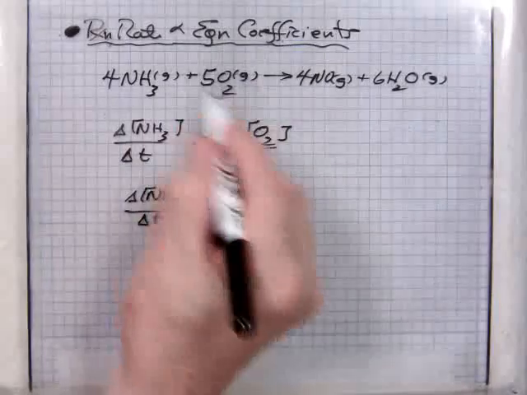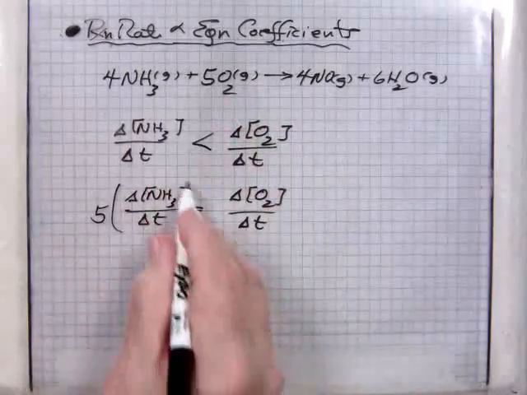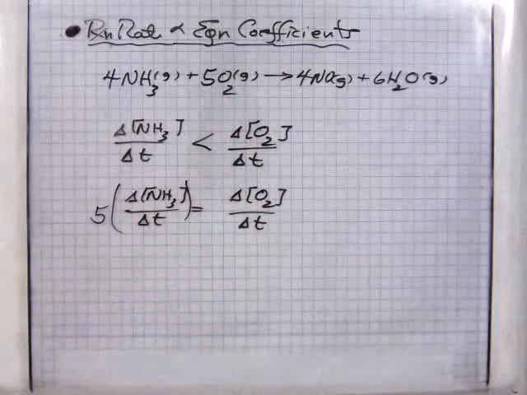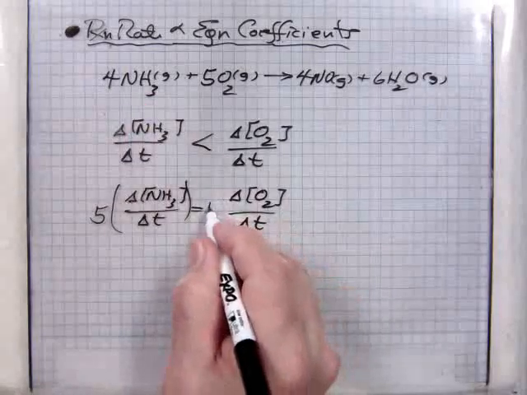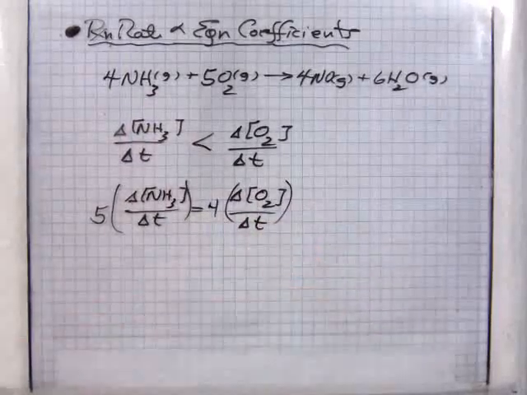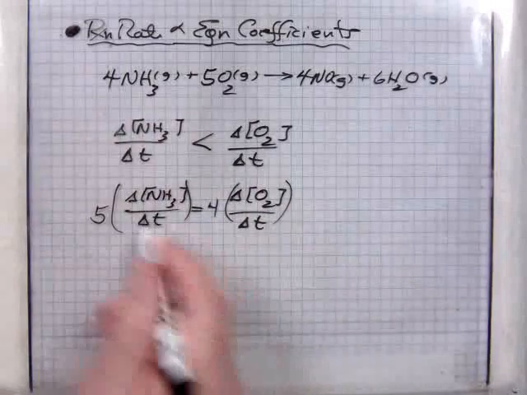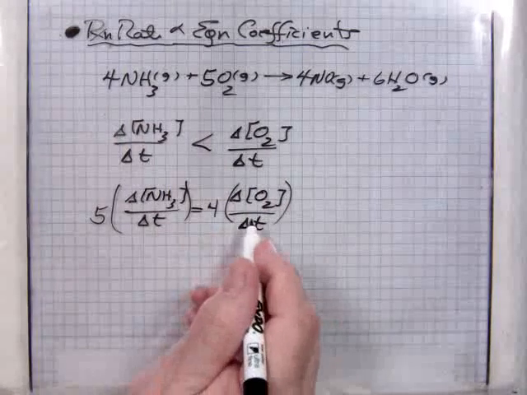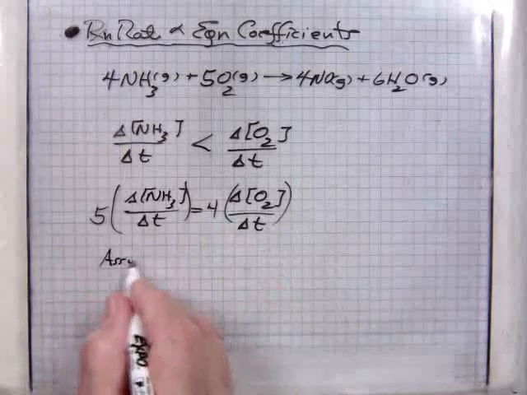Five, being associated with oxygen in the equation, needs to be put as a number coefficient to the rate of ammonia change. And the 4 needs to be made a coefficient to the oxygen change. Then whatever value the problem gives you, say it gives you oxygen, assume